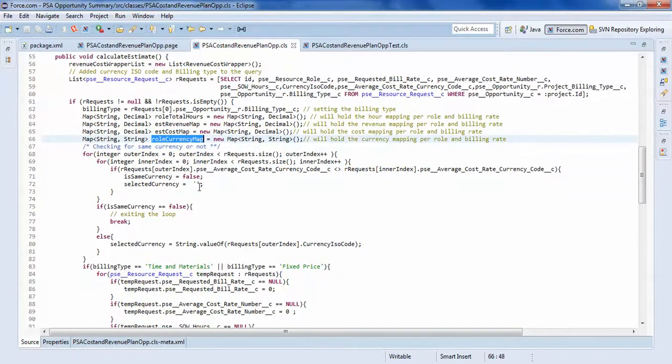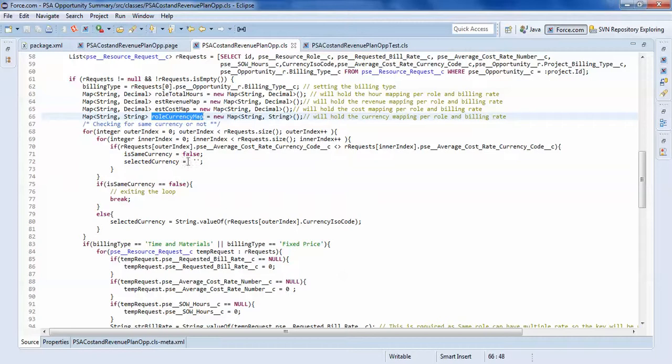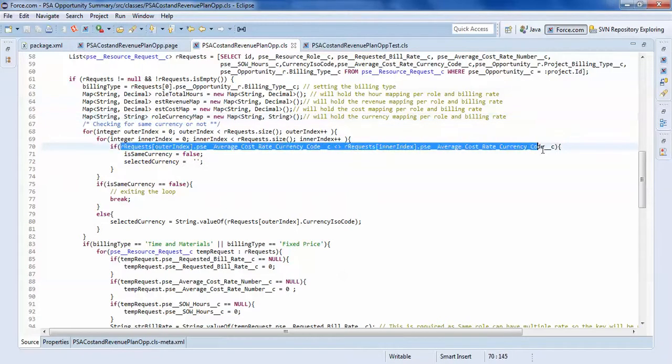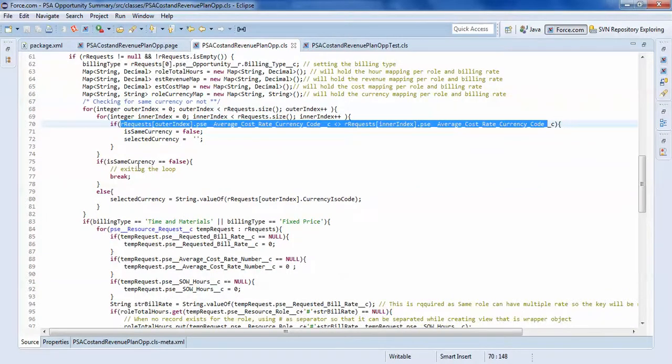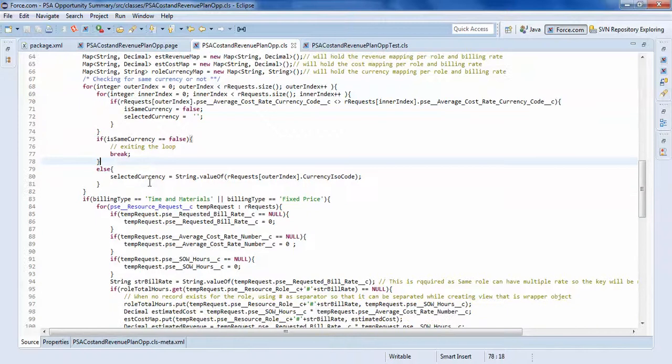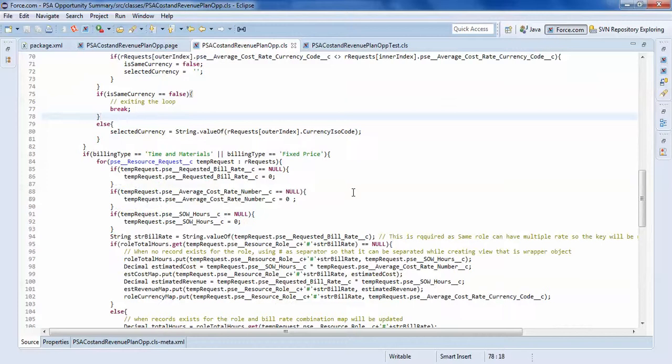So here I am iterating through this list and checking whether these two currencies are the same or not, and if they are not the same, I set it to false and take currency equal to blank, and then I exit this loop because I found one mismatch and there is no point in continuing. Else I set the selected currency to whatever the value is, USD or EUR, which will be shown on the UI dynamically.